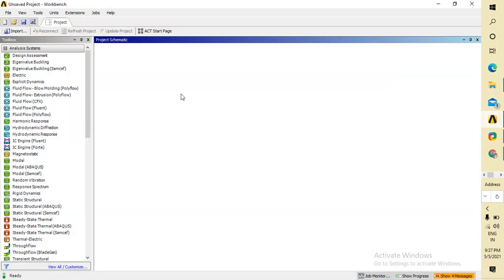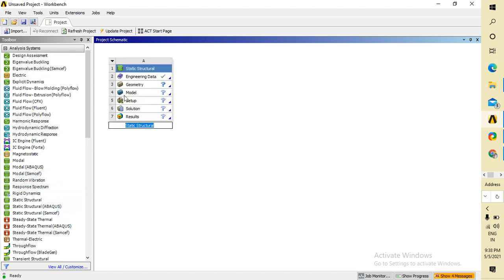I told you how to do contact analysis in the knuckle joint. So now let's start the contact analysis on the two bar assembly. Okay guys, first of all go to static structural. Static means, you all know, I already told you in my previous video, so no need to bother here.